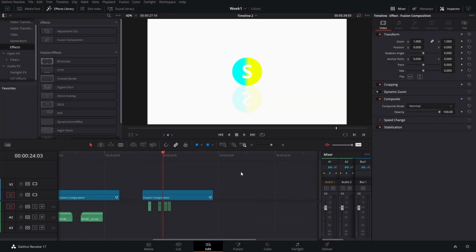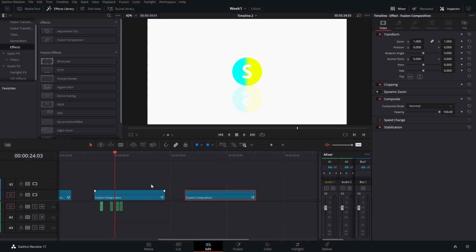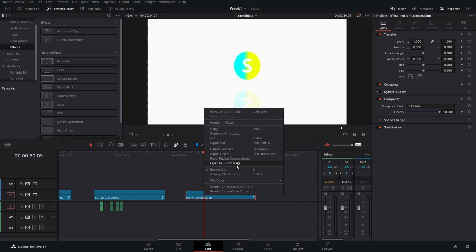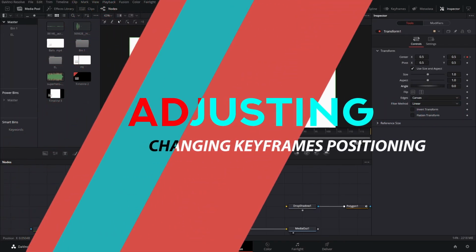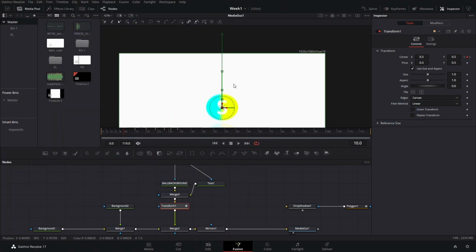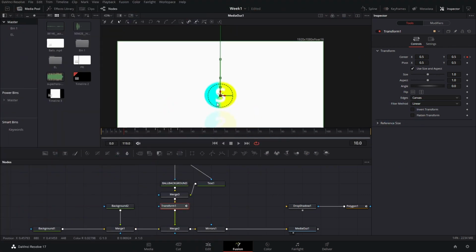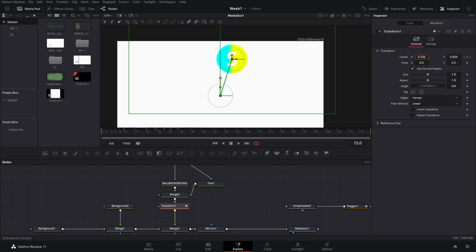Now in this case, what we're gonna do again is use that same second one as we did for this one. We're gonna copy that and right click and open it in Fusion. In this case, it's actually pretty easy to adapt things since we already have built this bouncing effect. So we're gonna go to the first frame, the first keyframe where it is up in the air, and just drag these to the side,